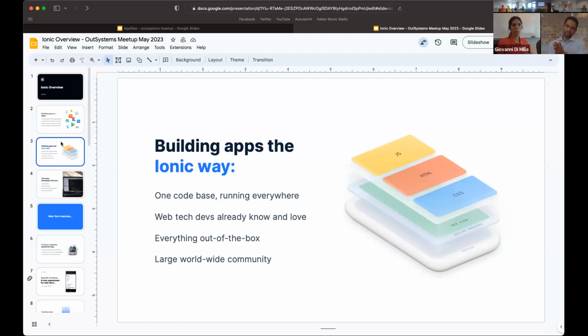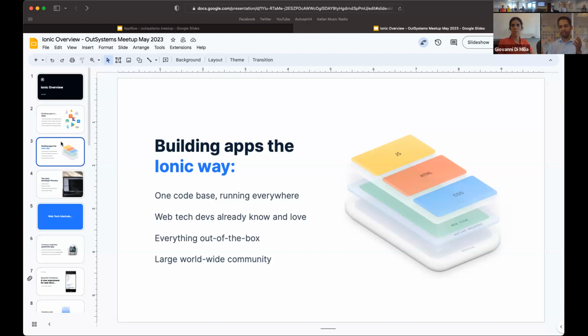What this helps with is that you can write a singular code base. So you can write your web code, and then your web code runs on your website, it runs on your iOS mobile app, and it runs on your Android mobile app. So at the end of the day, you can basically manage to a singular code base. Web tech developers already know the technology they like working in, like Angular or Vue or React.